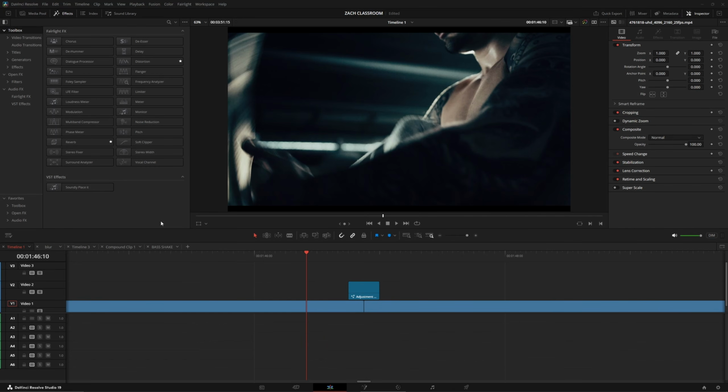So today I wanted to show you guys how to do an exposure flash effect. That's what I call it. It's just a flash. But before I get started and show you what this result is, I wanted to say